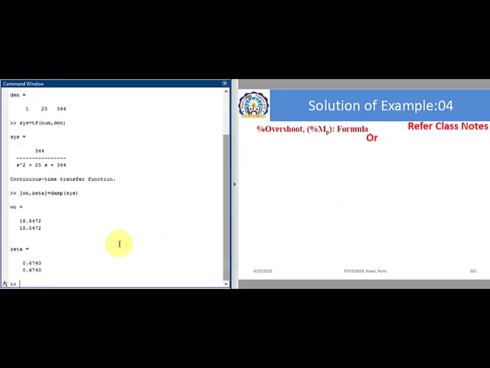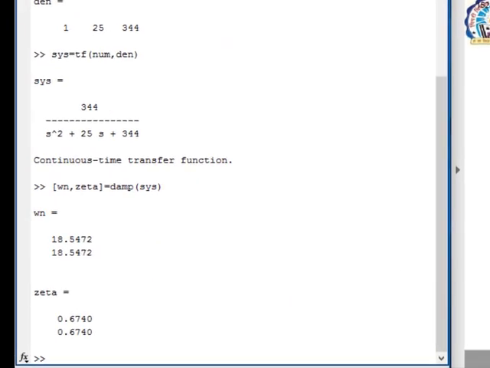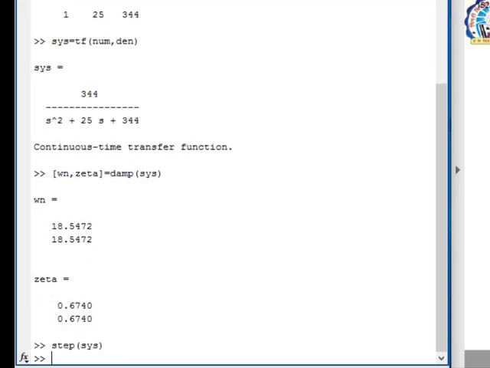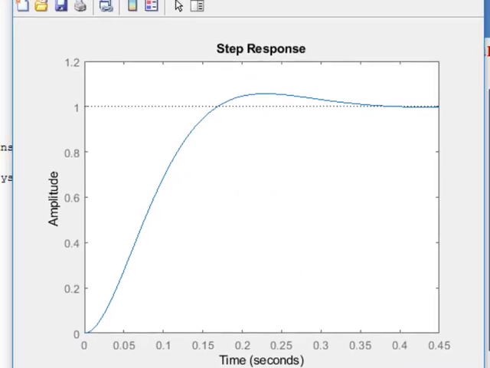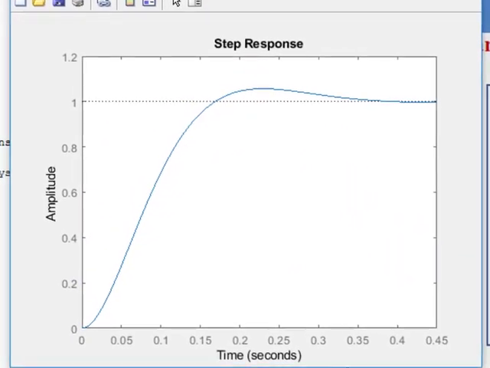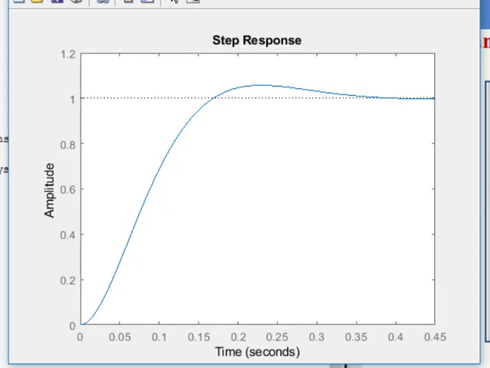Next is the percentage of overshoot. First of all we will get the response of the system for step input. For that, step sys, so we will get the step response of the system. Let us check whether we have this step response. Yes, we got a step response. Though it is not exactly similar to what we have plotted here without any software or mathematical tool, anyhow we have represented the underdamped or transient response. This is also a transient response for step input; though it does not produce much further oscillation, it shows a peak overshoot and some oscillation. Here you can see one or two oscillations, and then it settles down to the final value.